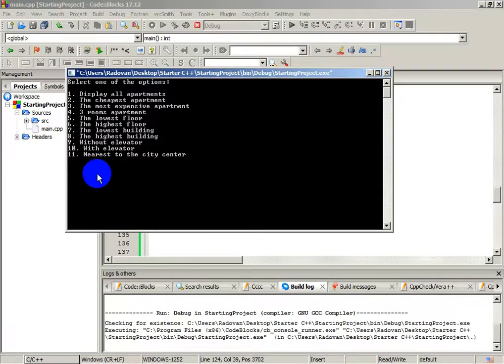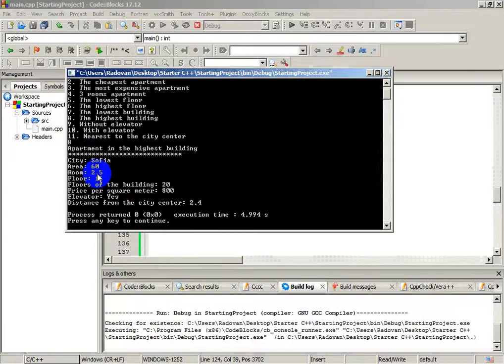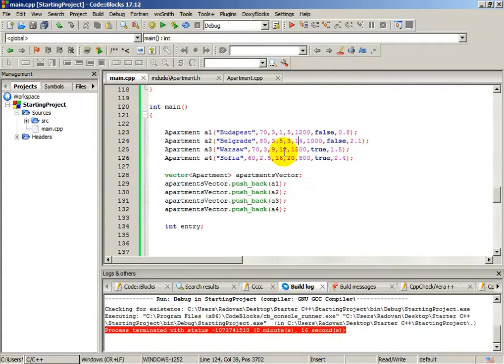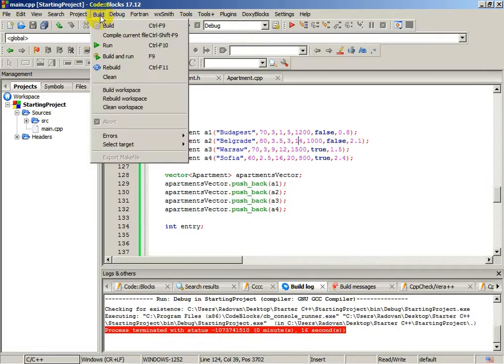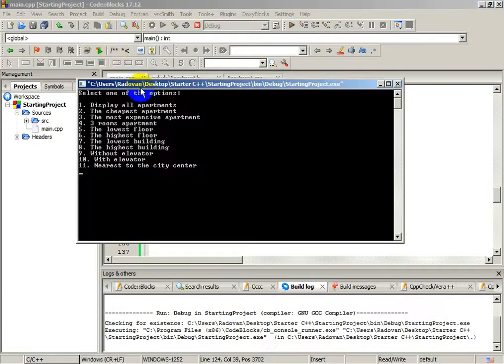Let's select option number 8. I used highest building. Okay, my mistake, but okay, it's in Sofia again on 20 because we put back the Warsaw to 12. And now let's see if it should be in the Budapest, should be lowest building. It's option number 7,